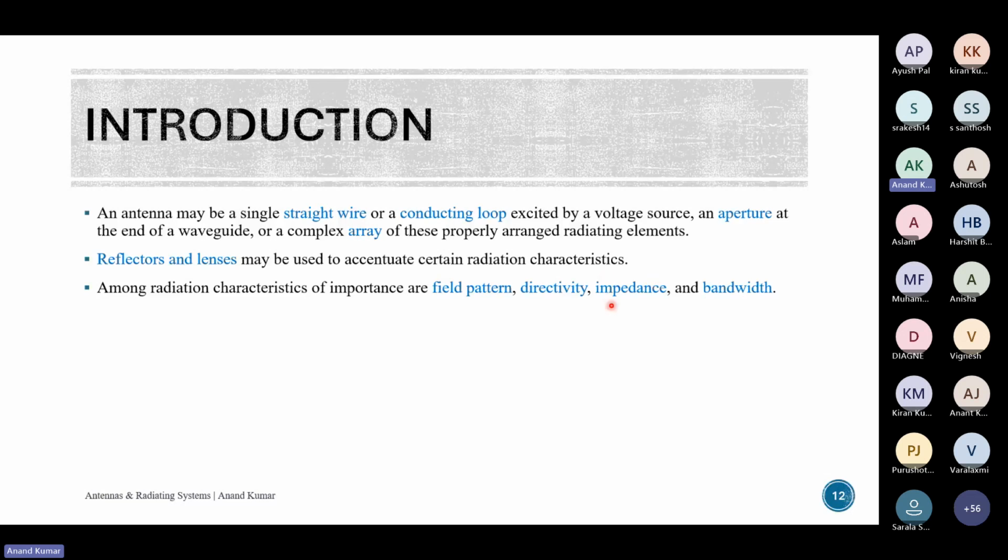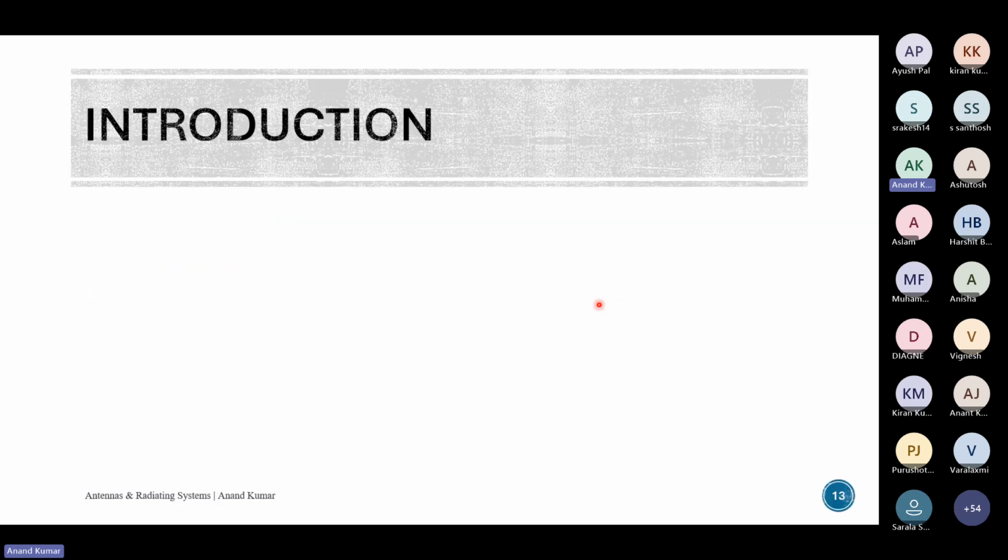Now impedance: you might have a circuit, and from that you want to radiate. You might want to launch a wave, so you will have to match the impedance of the circuit to the antenna so that the wave radiates. And then the bandwidth: you might want a narrower bandwidth for some bands. Some bands are wide, some are wider. So these are different properties you engineer your antenna around, and these properties will be studied in this course.